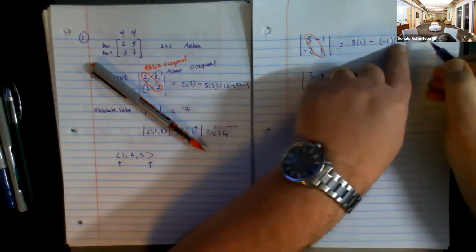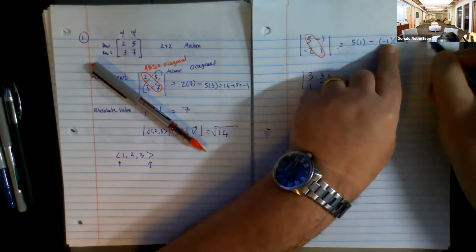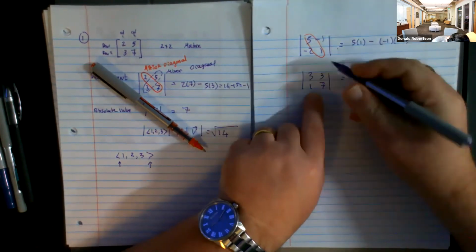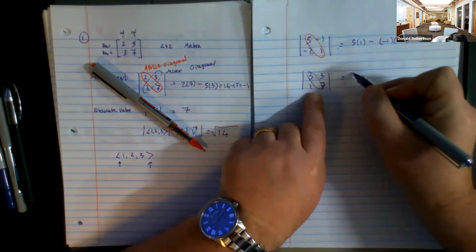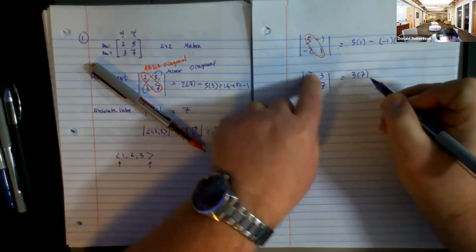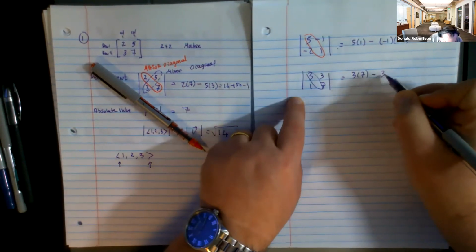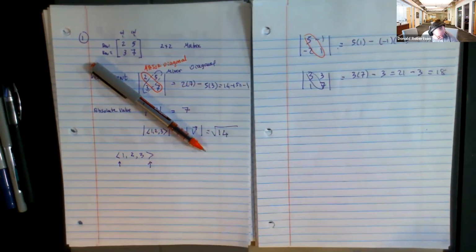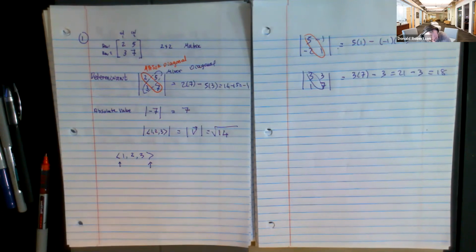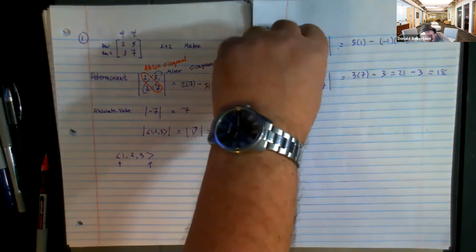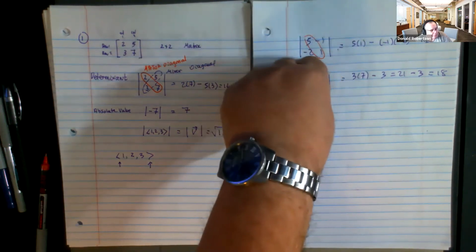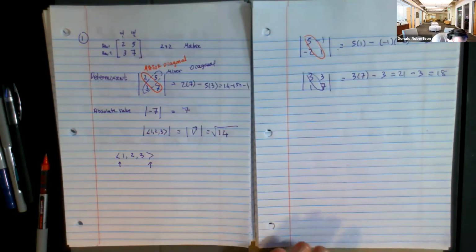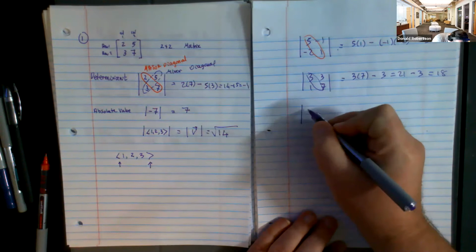That's 5, 2, 5 take away 2 gets you 3. Major diagonal, take away minor diagonal, 21, take away 3, I believe you get 18. So if I gave you a 2 by 2 matrix, would you be comfortable with major diagonal, take away minor diagonal? Now, let's suppose